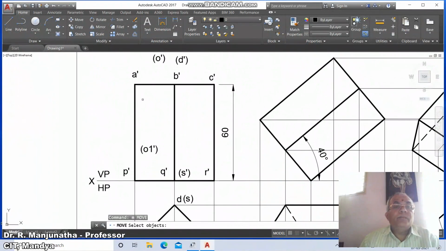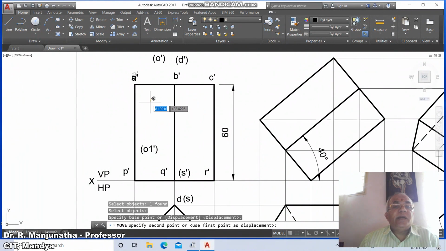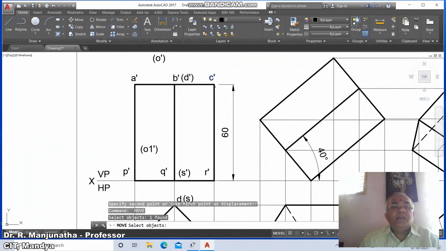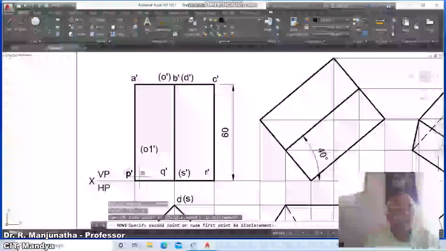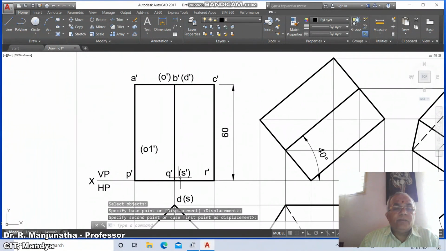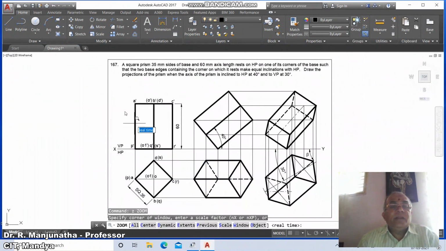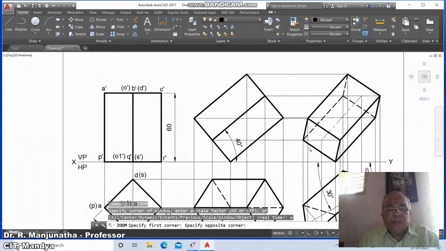Take move. You mark this as A dash. You mark this as B dash. Then you move this as D dash. Then C dash. Then O dash. Then P dash. Then Q dash. Then R dash. Then S dash. Then O1 dash. Once you do that, then go to zoom previous, then go to zoom window, select this and